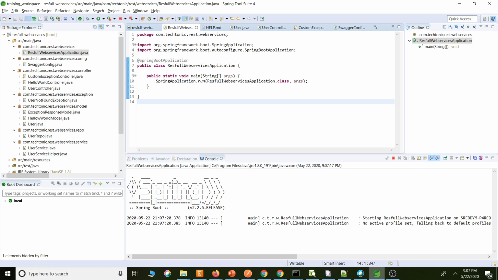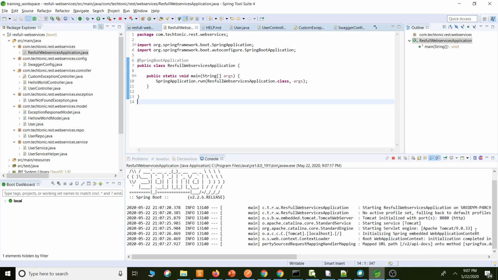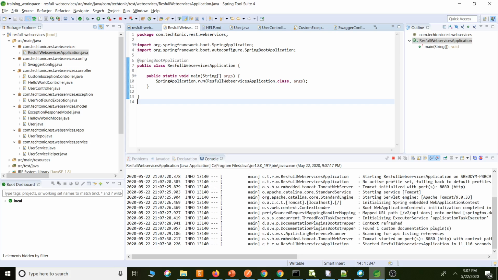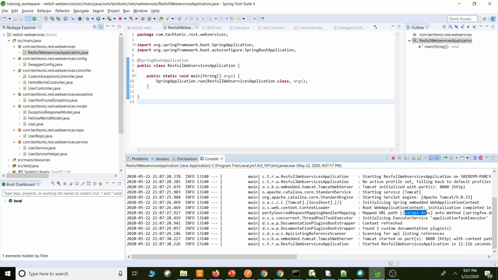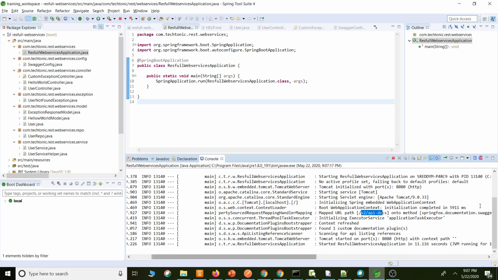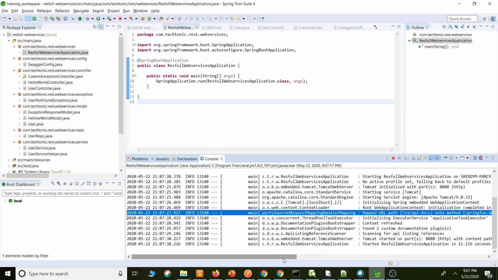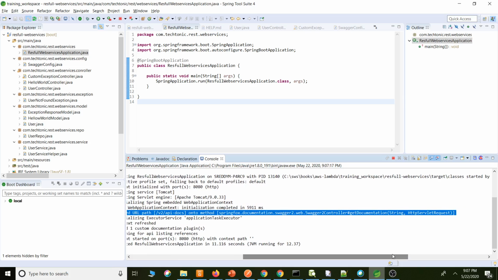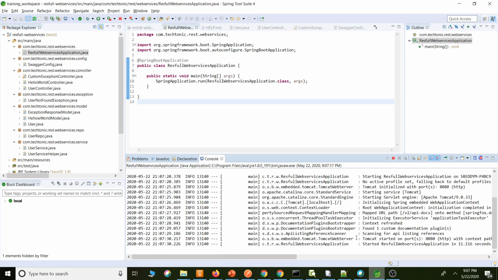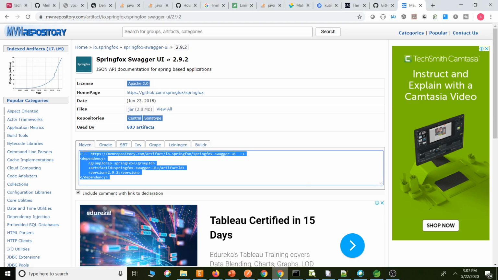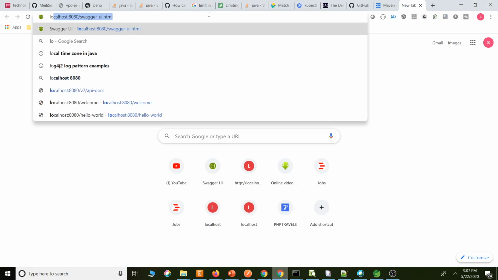After this, we can see a few Swagger related things in the console. See here, it is saying mapped URL path v2/api-docs, the Swagger document. Okay, I will be opening it in the UI at localhost 8080.